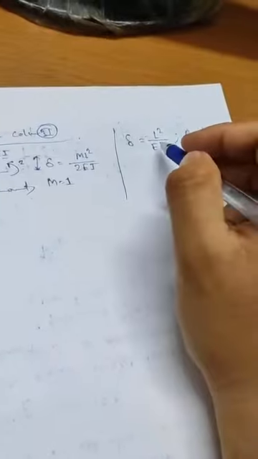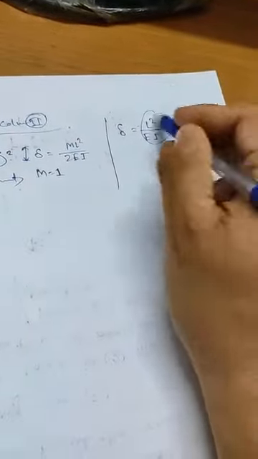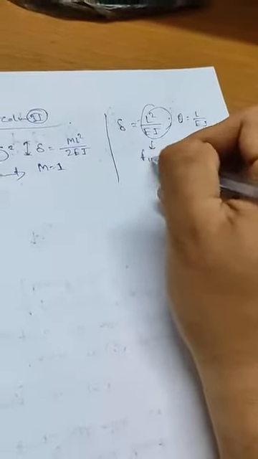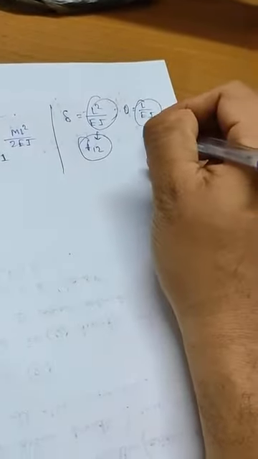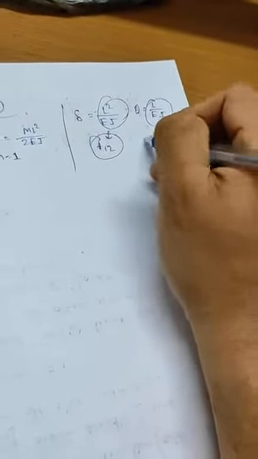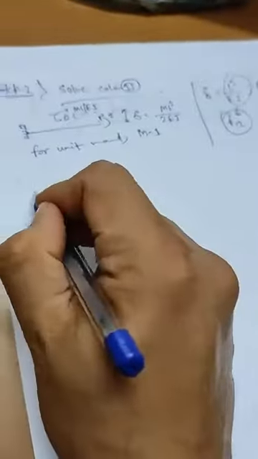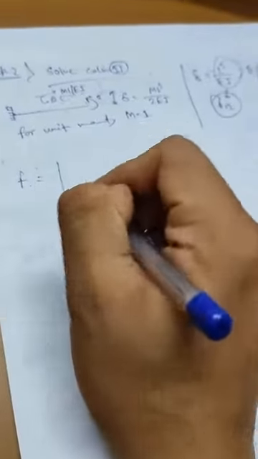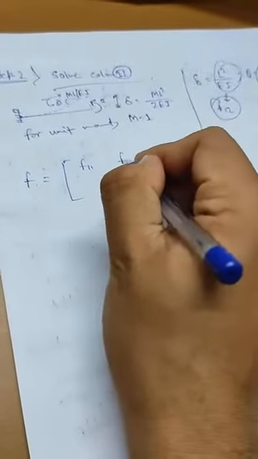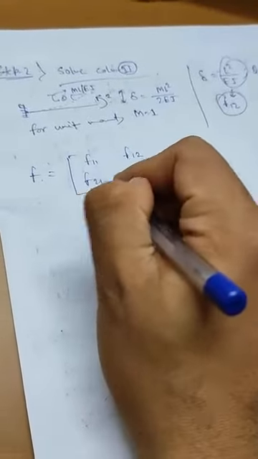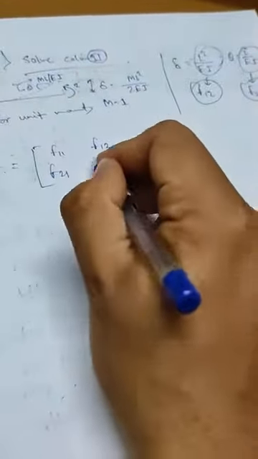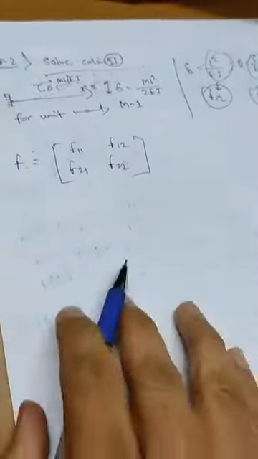So this L square by 2EI would be your F12 and this L by EI, that is theta, would be your F22. Now if you write down the generalized formula F11, F12, F21 and F22,